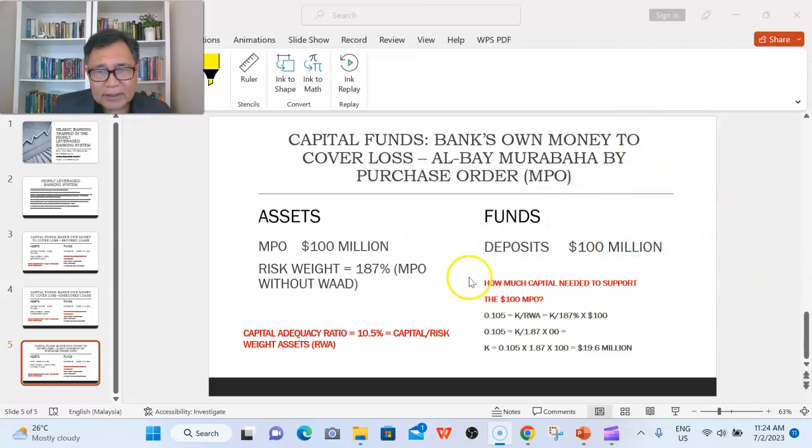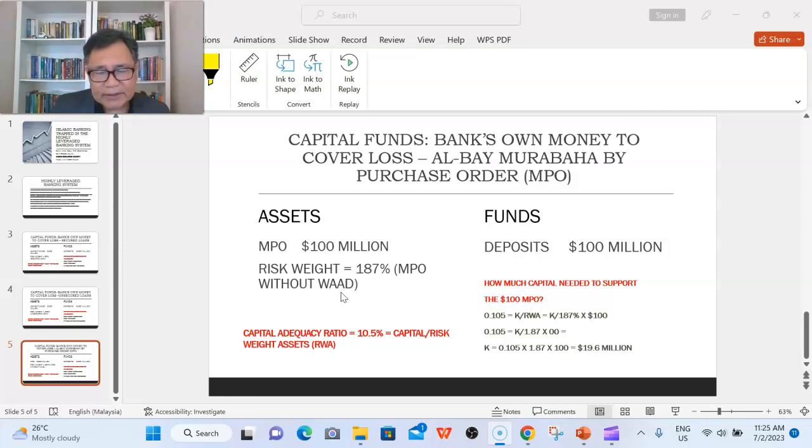The case here is that the MPO is financed by deposit fund of 100 million, and the size of the MPO is 100 million, and the risk weight accorded by the CAFIP using credit risk weight is 187%. So this is MPO without waad, meaning that the bank does not require the customer to